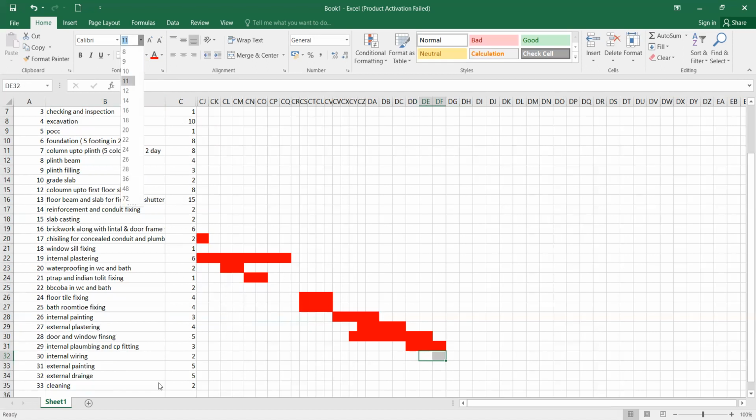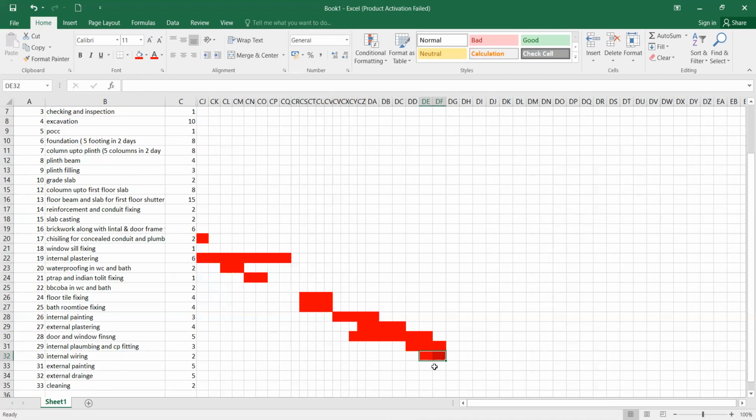Then external drainage, 5 days. External drainage, you can start as soon as your 16 days gap is there. In that period you can do the external drainages. Okay. See, external painting 5 days.